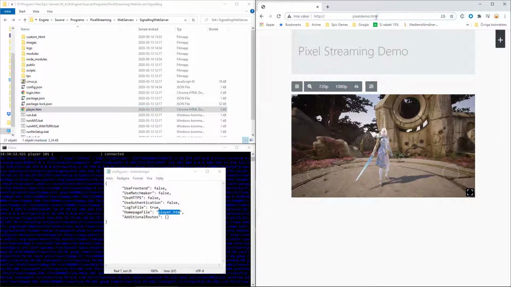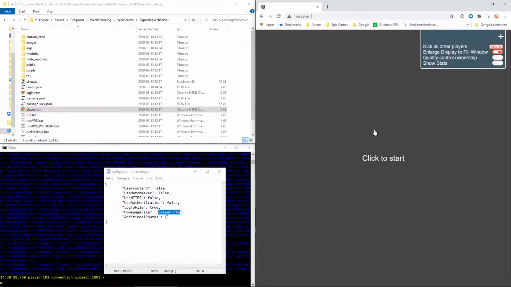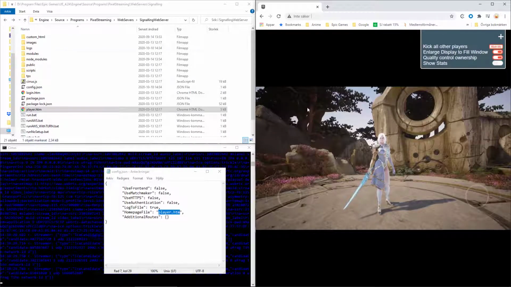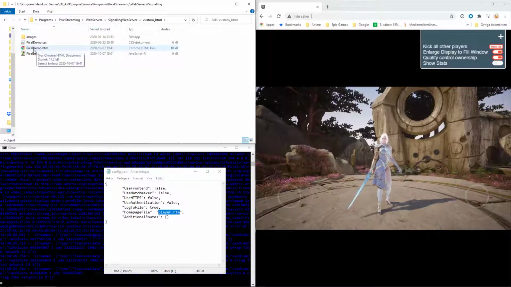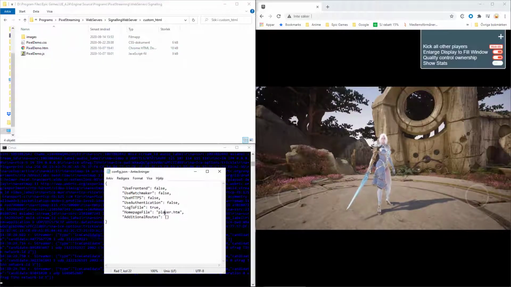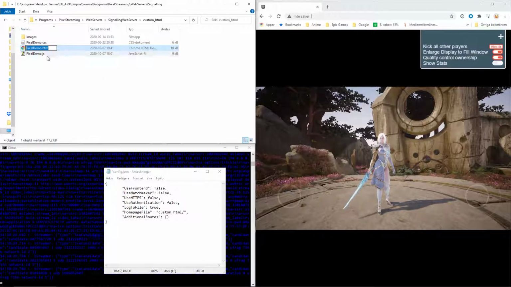So what we want is to use this link, but to be directed directly to the pixeldemo.htm file. You can easily do so by just changing this value to custom underscore HTML forward slash and the HTML file here, which is called pixeldemo.htm.